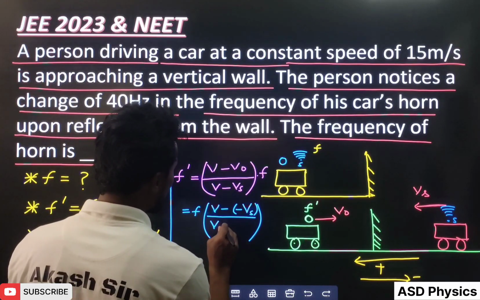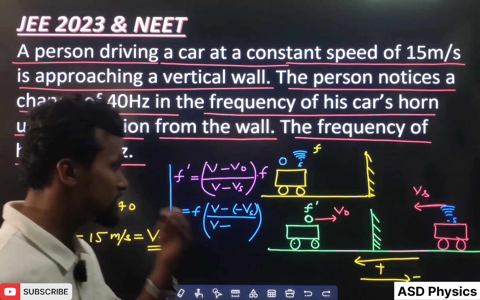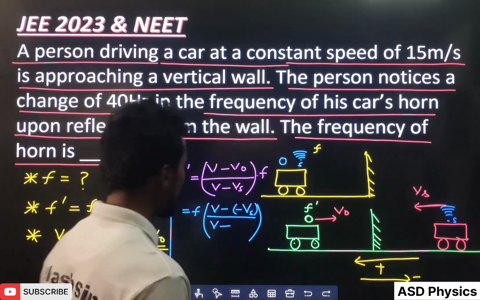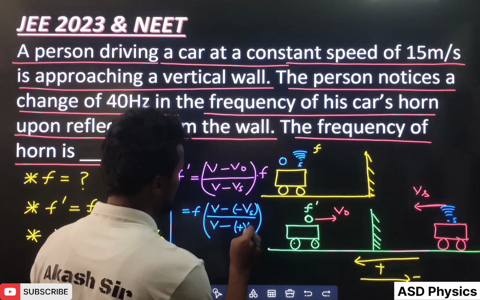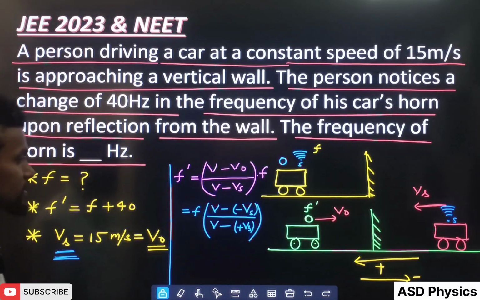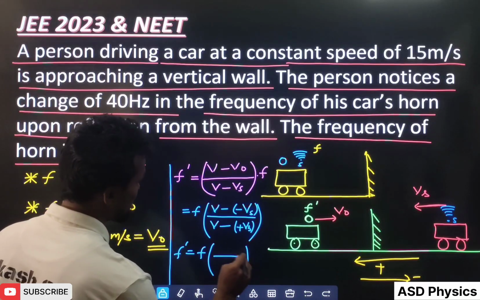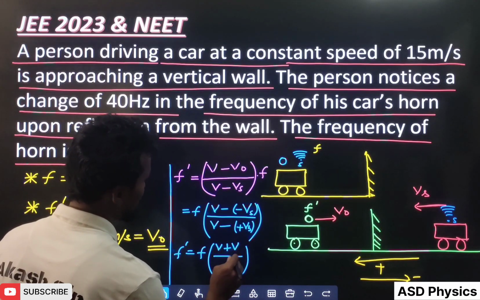After that, what will happen is that here V minus source is coming this side, the source is coming this side, that means what is this? Plus. Okay, so we can write plus as it is. So you can see very well, students. Now this F dash will come here as F, and here you can see very well V plus Vs